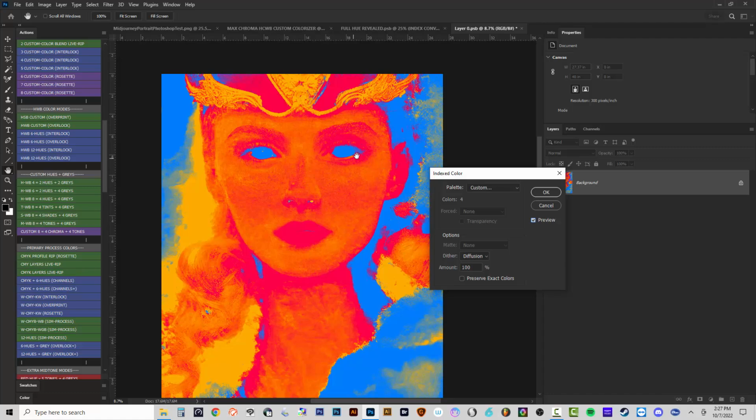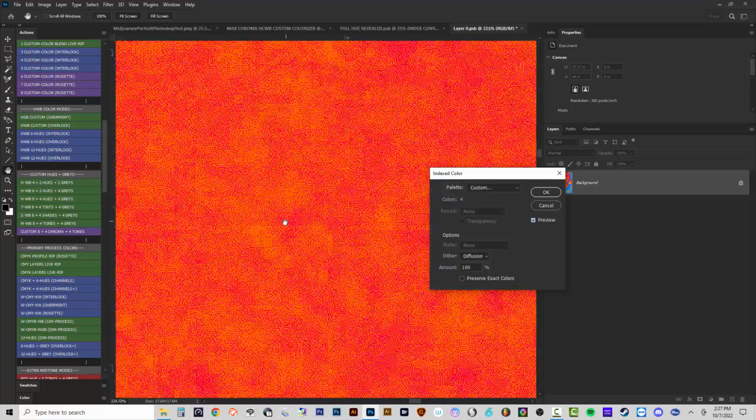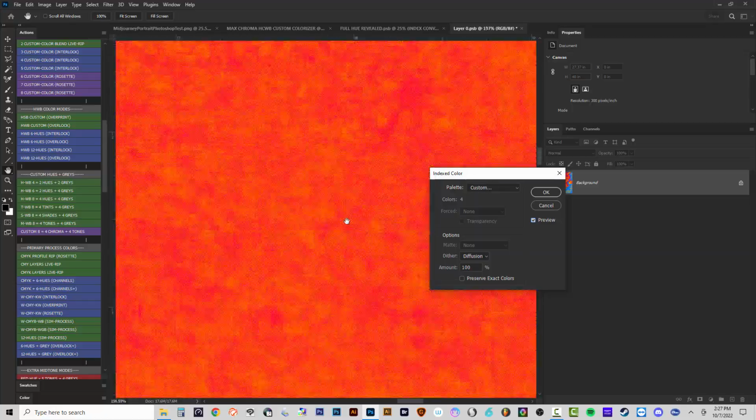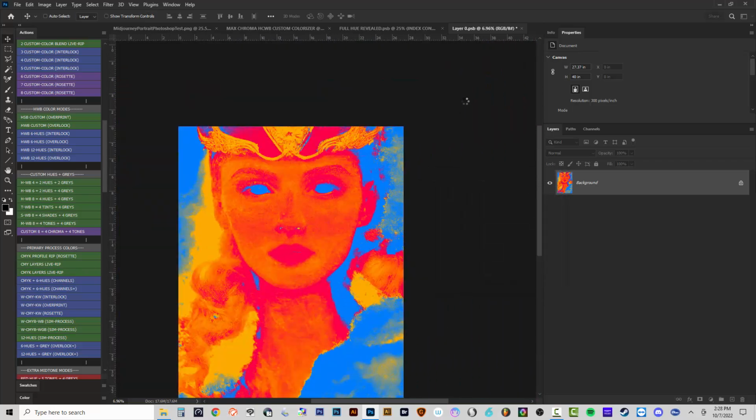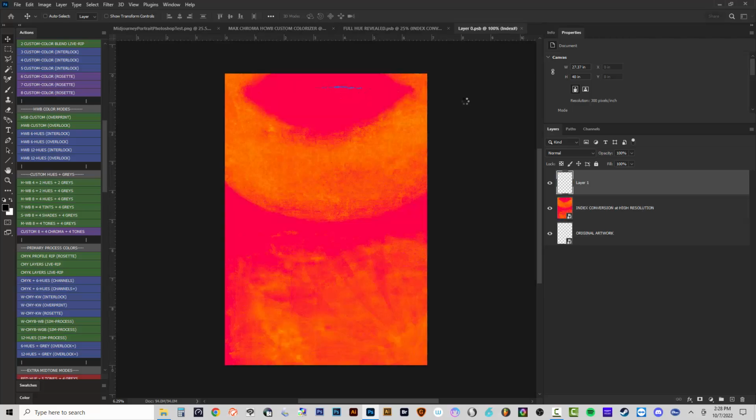Nice, so that made the eyes the one color, put all that gold under there. It's got the orange in here. It's got some of the gold, no, it's really mostly the orange mixing with the rose color. Nice, let's just hit OK. And then we can go through and